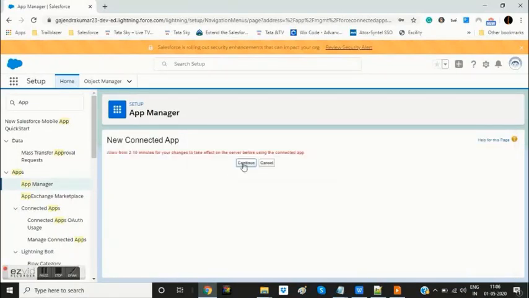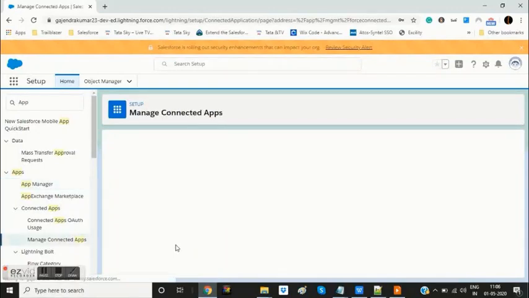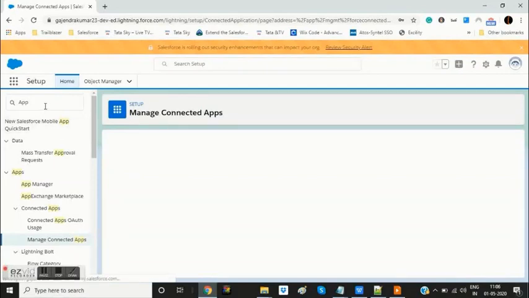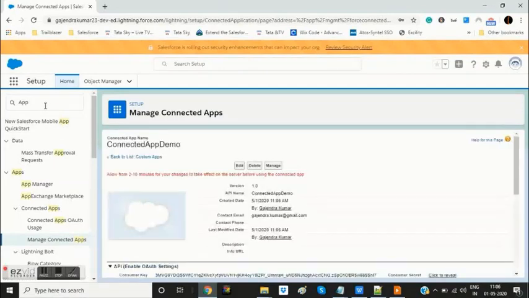It will take 2 to 10 minutes for changes to take effect on the server. So by the time it takes effect, let us click on this manage button and see what is available over there.